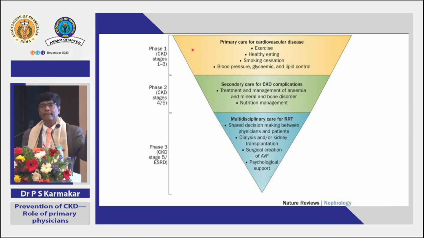Care of the kidney disease as a whole could be divided into primary, secondary and tertiary. Primary, as I have just talked about, is to take care of the hemoglobin, your albuminuria, hypertension, diabetes, along with a healthy lifestyle profile. But secondary means when the metabolic abnormalities have set in, in the form of either anemia or mineral and bone disorders. And tertiary care means when the patient is in stage 5 and you have to plan for vascular access and